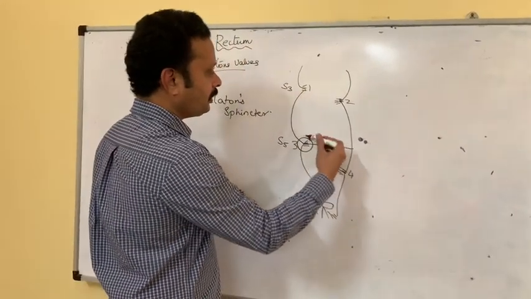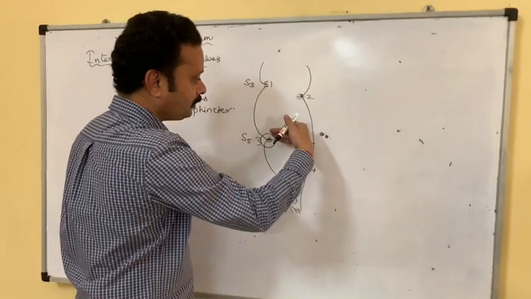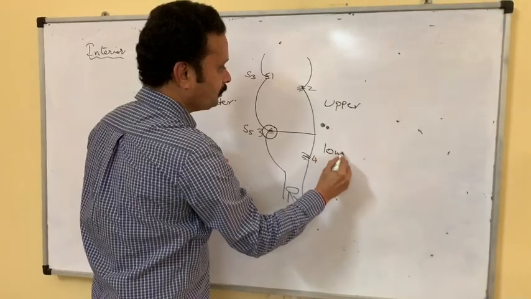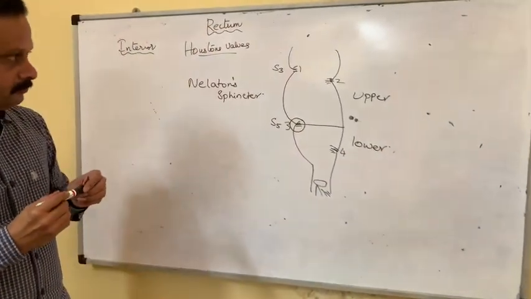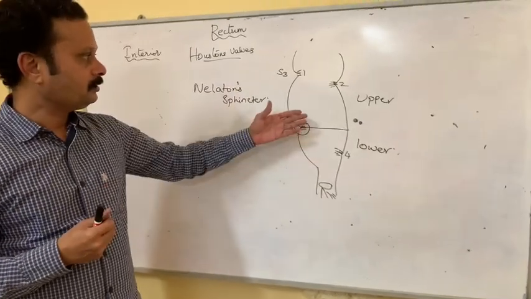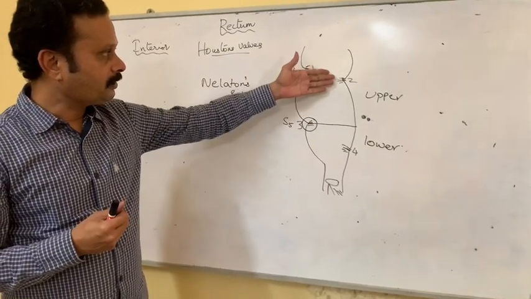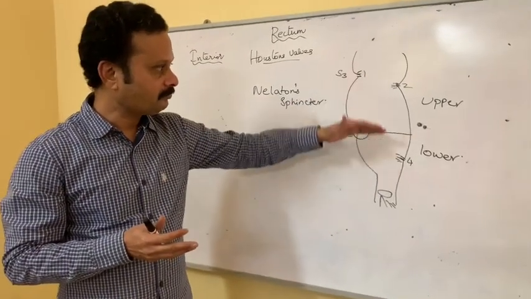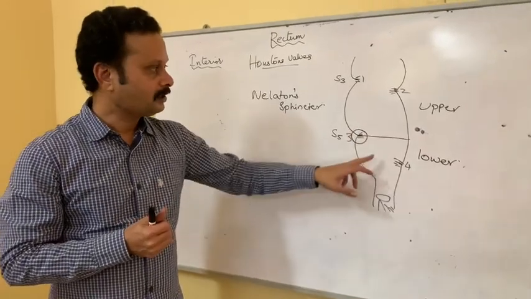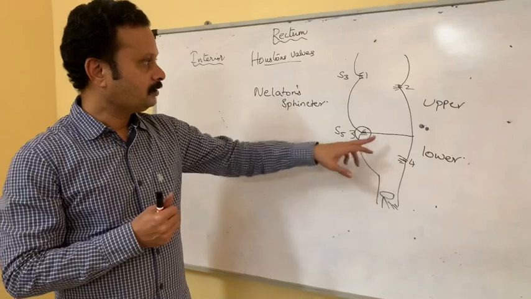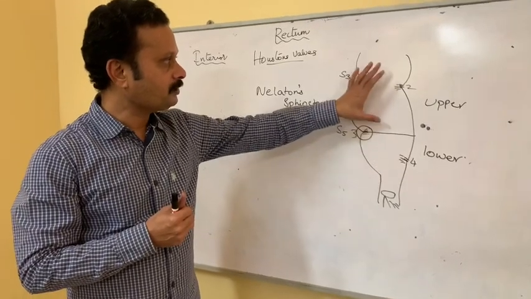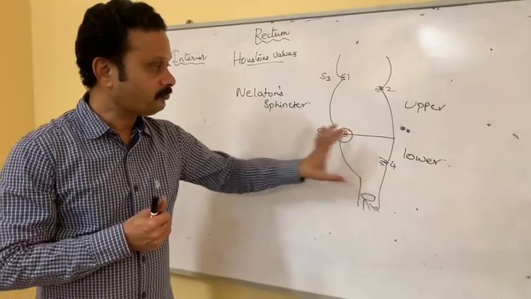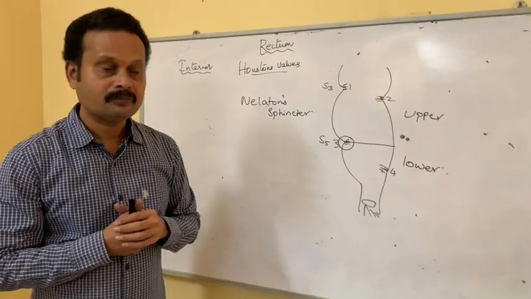An imaginary line across this valve divides the rectum into upper chamber and lower chamber, which are important. If the fecal matter is in the upper chamber, there is no reflex act of defecation, but once the fecal matter reaches the lower chamber, the defecation is spontaneous. The portion above the third valve is developed from the pre-allantoic part of the hindgut, whereas the portion below that is developed from the post-allantoic part of the cloaca.